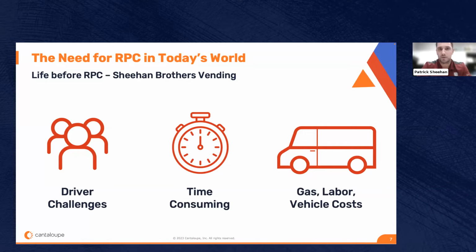Six months sounds about right, Shawn, to get completely done on any major increase before. And now it's with the click of a button. So really, it was just a huge pain point for us, especially when we had stickers. Maybe the sticker wasn't always matching the price in the machine that the customer was seeing, and that would result in an upset customer. And really, a lot of times, what we had to do was, okay, we're doing a major increase. We are going to